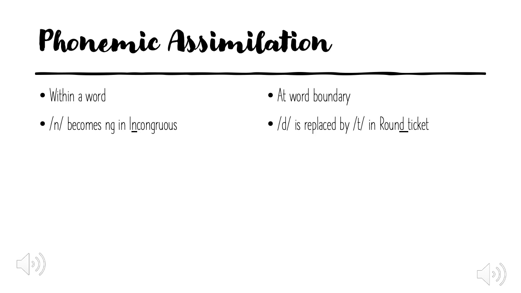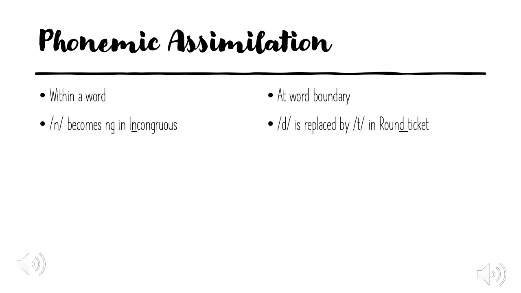The n, for example, becoming ng in a word like incongruous. We don't say incongruous with n, we say it with ng. The n there becomes the ng sound under the influence of the k that comes after it. K is a velar sound, n is an alveolar sound. The alveolar sound becomes pushed backward, and it becomes a velar ng, incongruous. N becoming ng under the influence of the sound that comes after it. So it's a phonemic